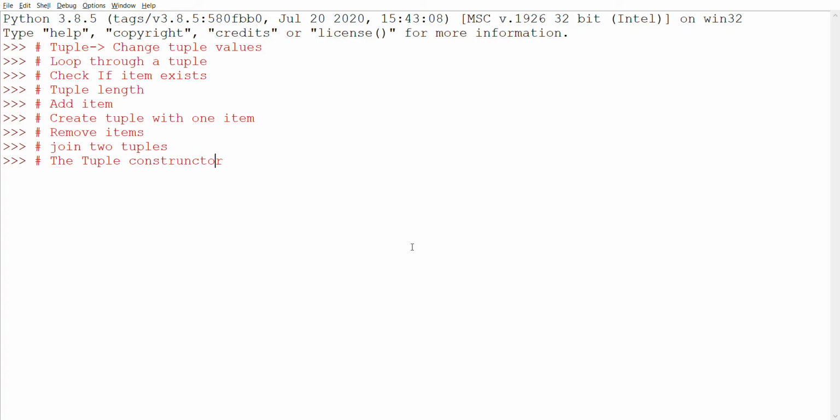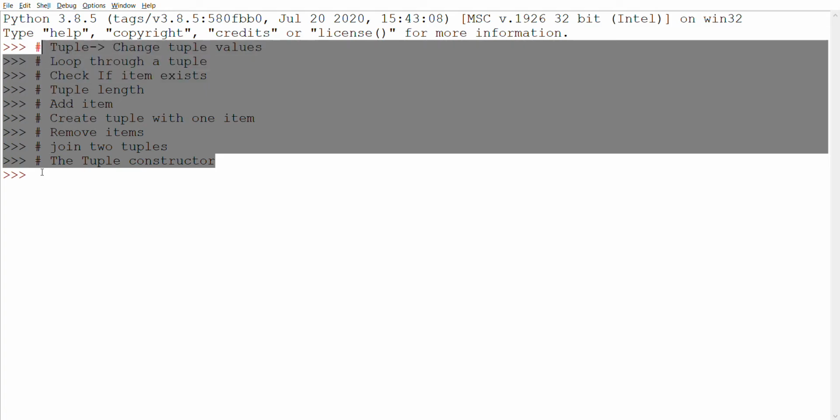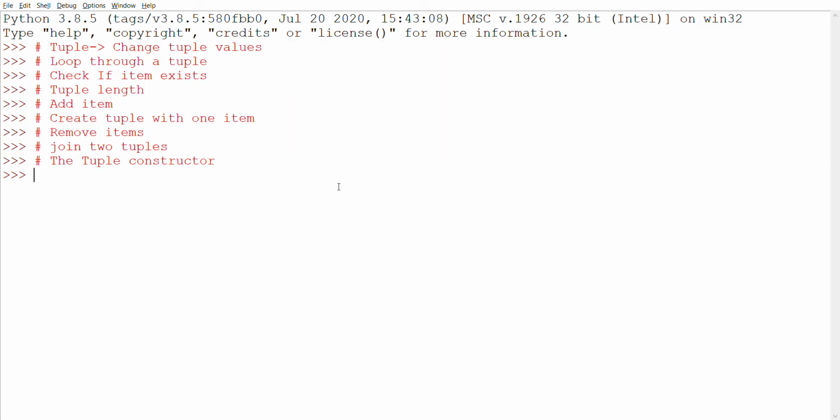Okay, I'm trying to cover these 10 topics. Let's see how much I can cover, but I will try to cover all these topics today itself. Okay, let's start with change tuple values.